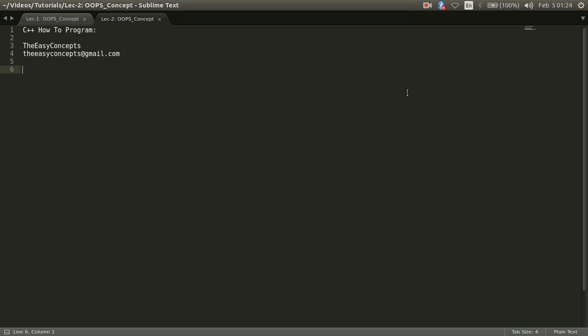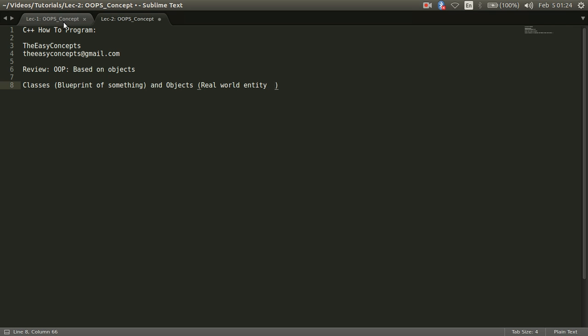So it is our second lecture and we'll try to review the things we have discussed in the first lecture. We have discussed that object oriented programming is based on objects, and we also discussed classes and objects. A class is something that is a blueprint of something, right? And when we talk about objects, it is a real world entity